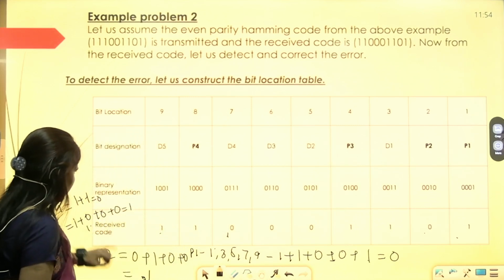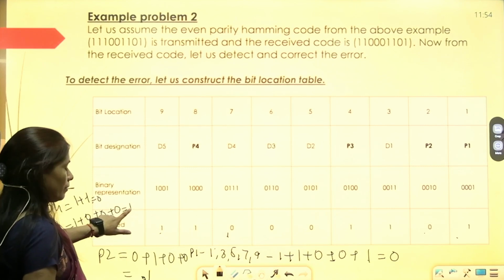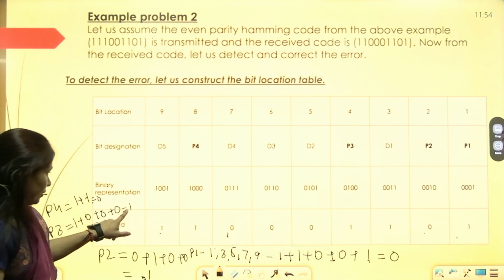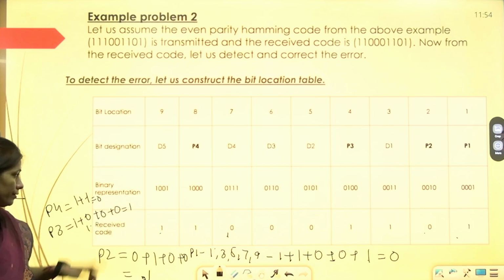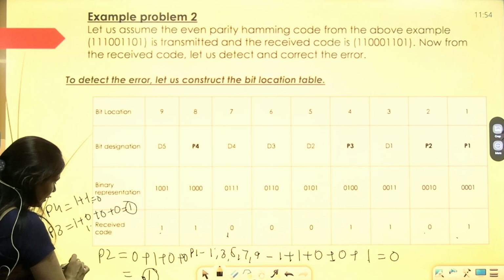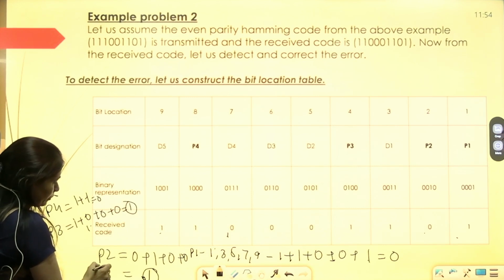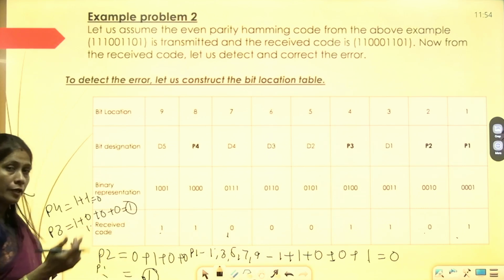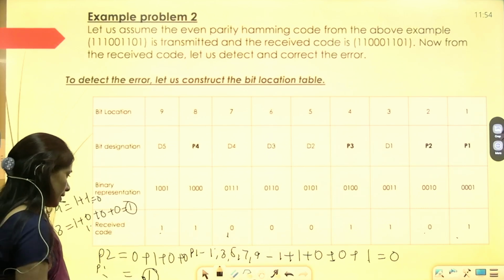An error has occurred because the number of ones is odd. For the others, the value is 1 and 1, so no errors occur. The values of P1, P2, P3, P4, the redundant bits, are 0 on the receiver side.